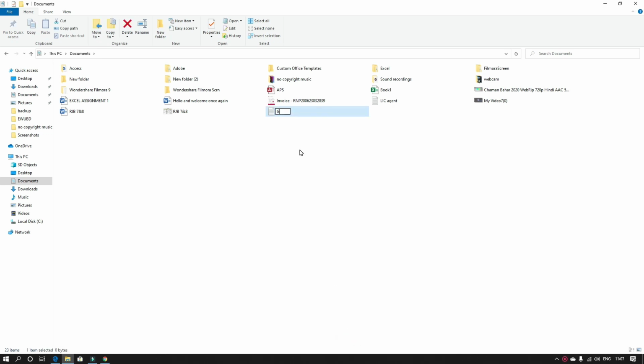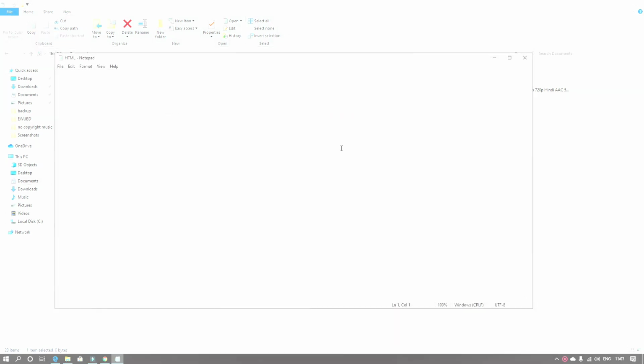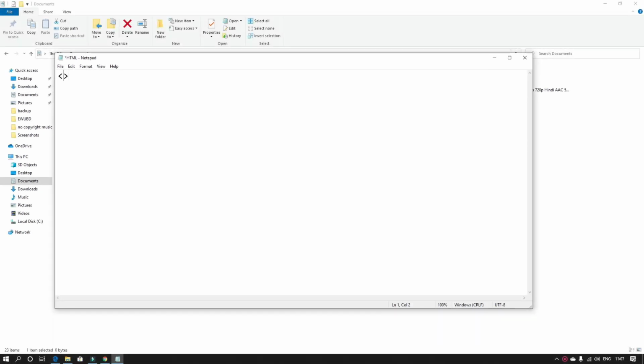Here I am creating a notepad file with the name HTML. Inside the file, I am writing a simple HTML code to display a message through a browser.